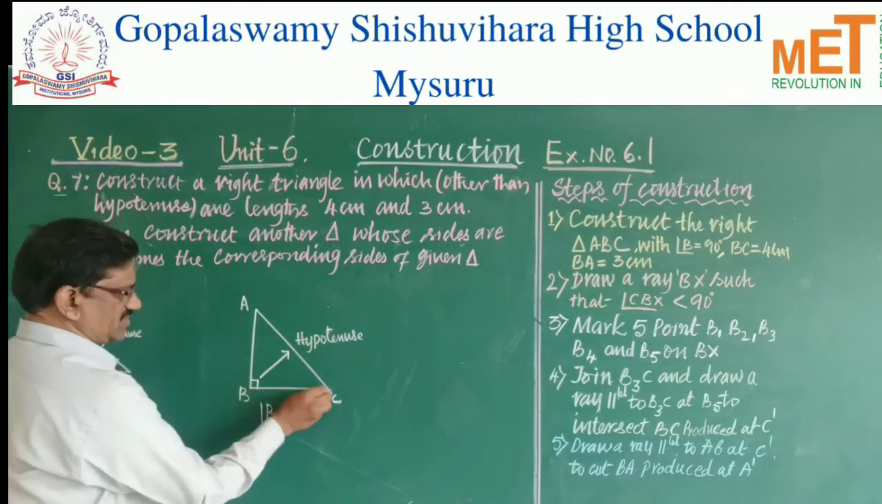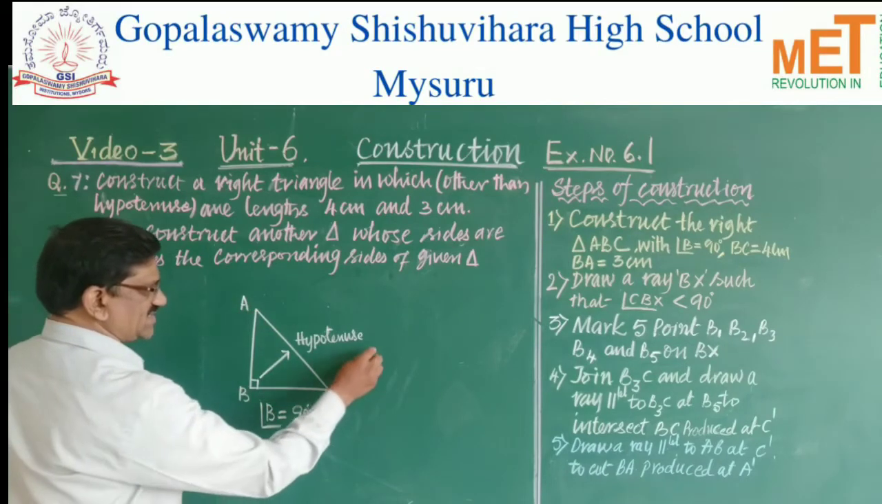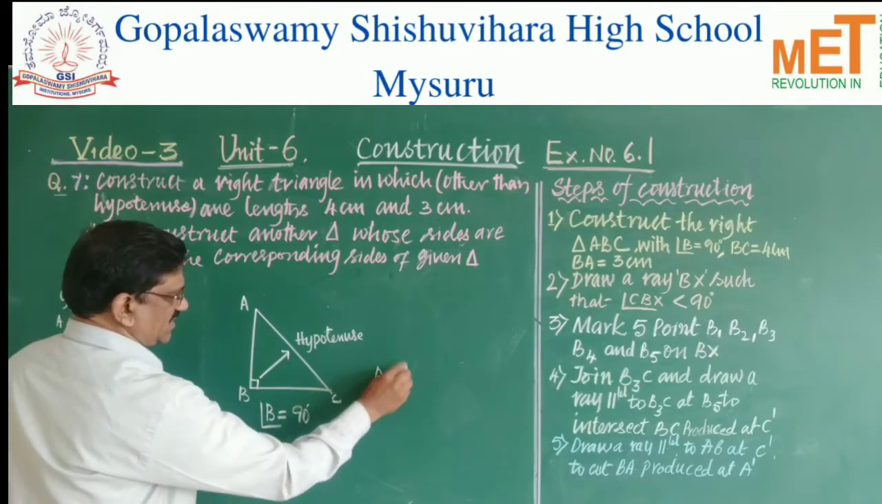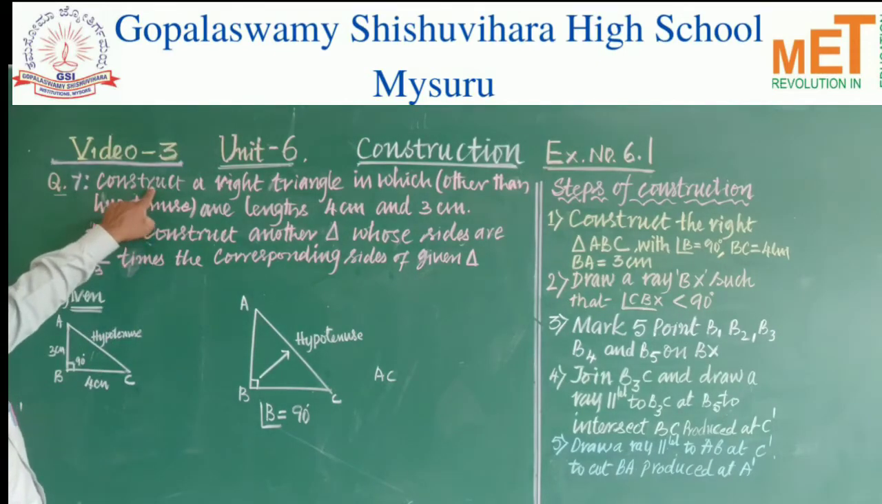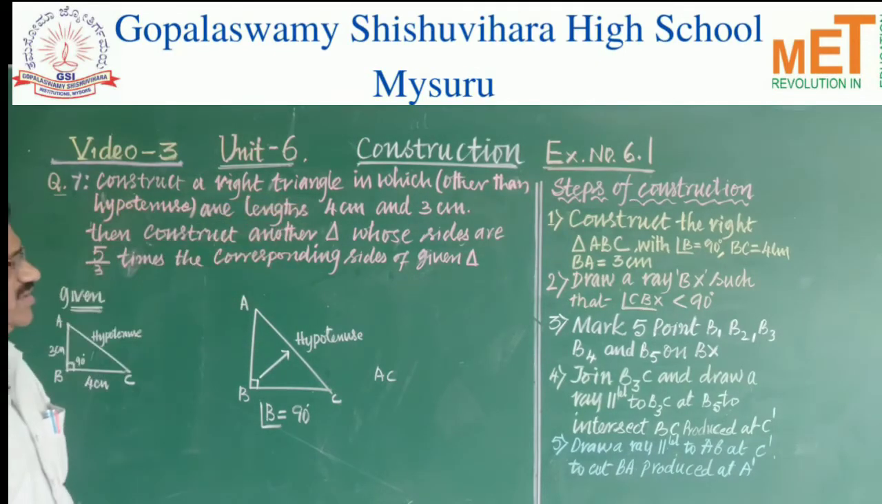This is hypotenuse. So here AC is the hypotenuse. What is AC? AC is the hypotenuse. That's what is given here. Construct a right triangle in which